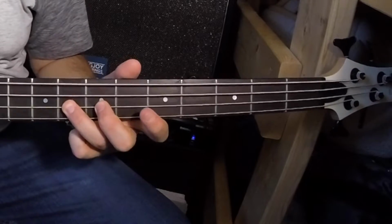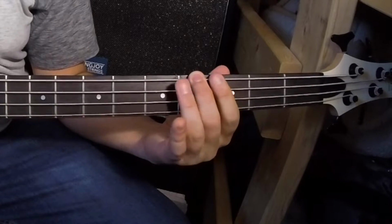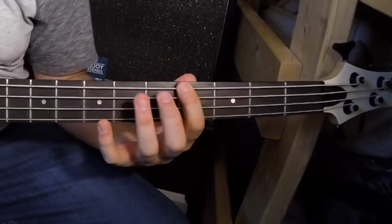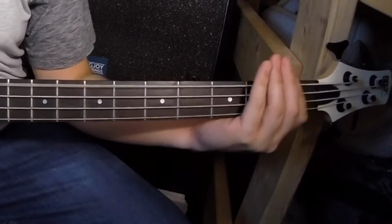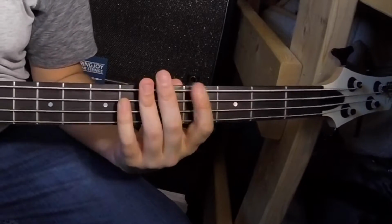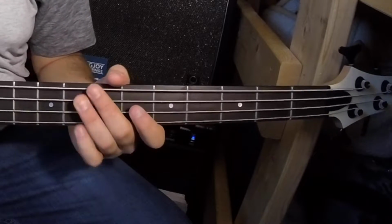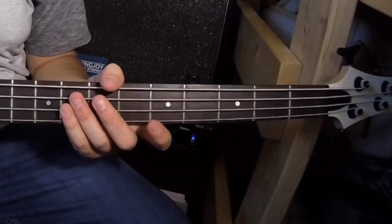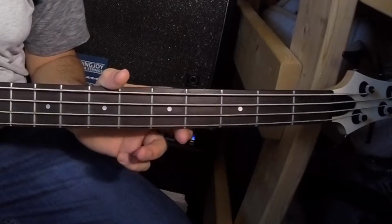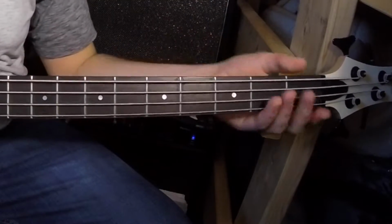I'm going to play through that once again slow. And up the tempo. And that is basically our whole entire chorus right there. The only thing that changes is, so that is all entirely one pattern. So you're going to do everything again, so...